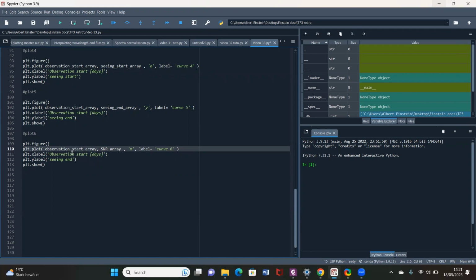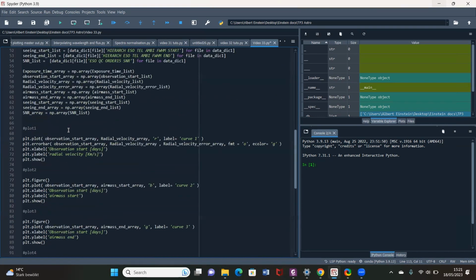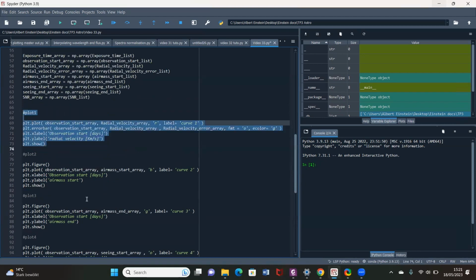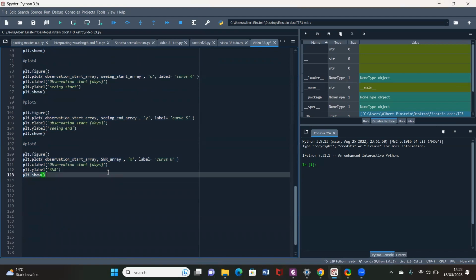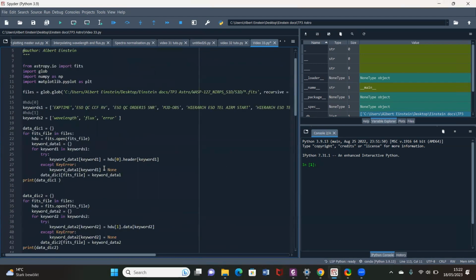So instead of observation start in days, here we are just going to say SNR, the signal to noise ratio. So there we are. We have our 6 plots for this data,